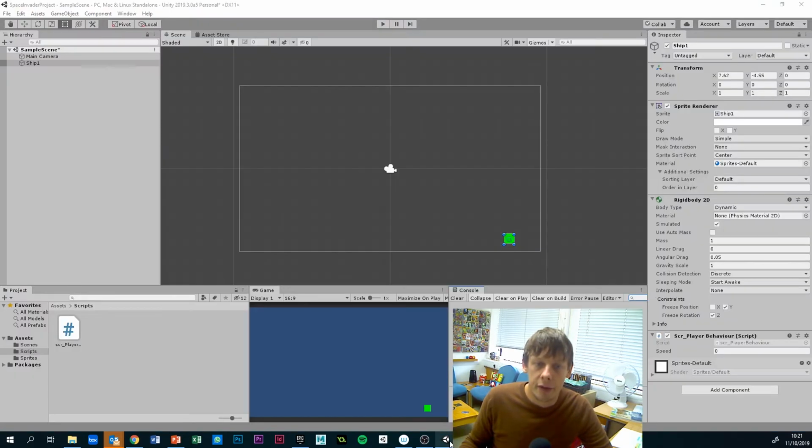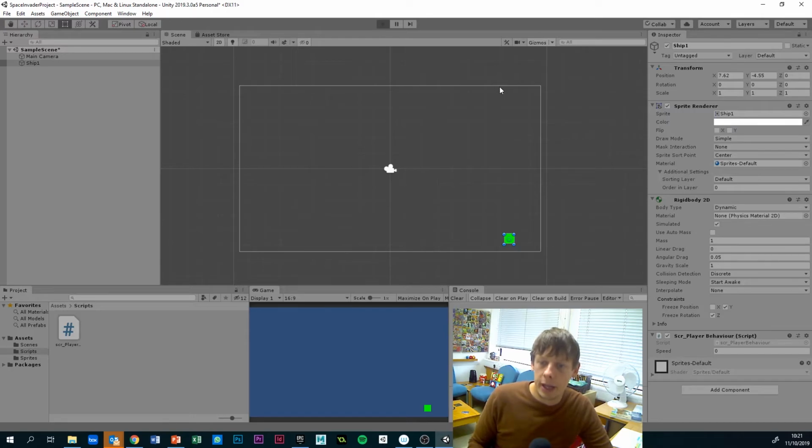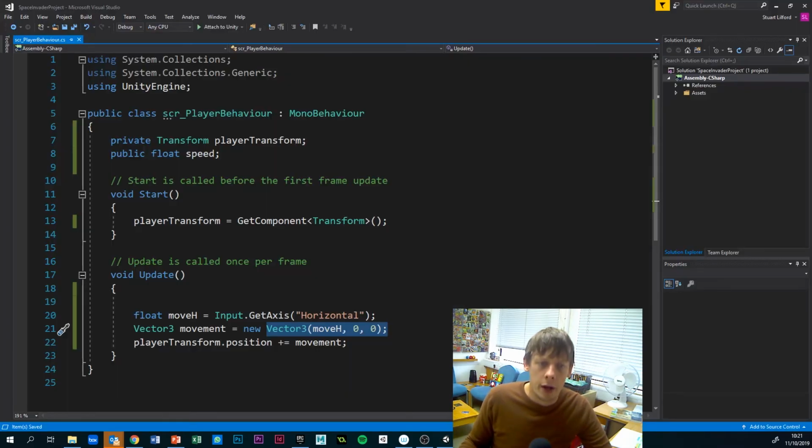So if I hit save there and go back into Unity, we can see, if I hit play, make sure you've got your script attached to your object, but pressing left makes it move left, and pressing right makes it move right. And you can see its X position being manipulated up there in the transform component window. It's moving all very fast though, probably a bit too fast. And this is where we can use our